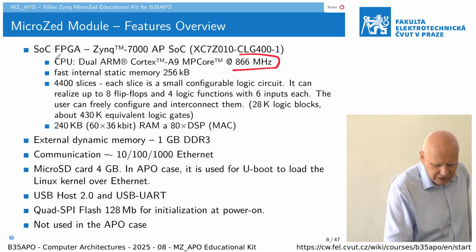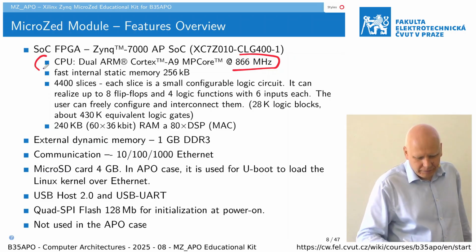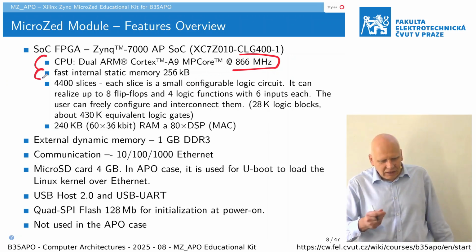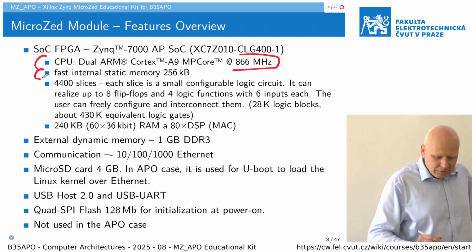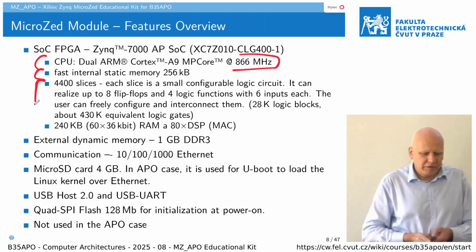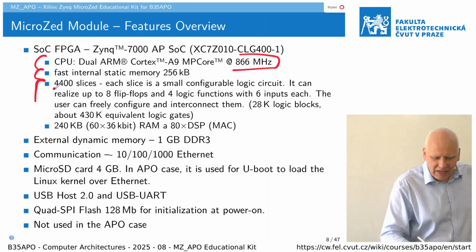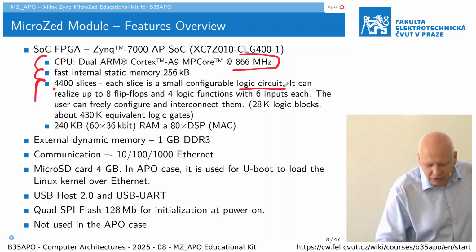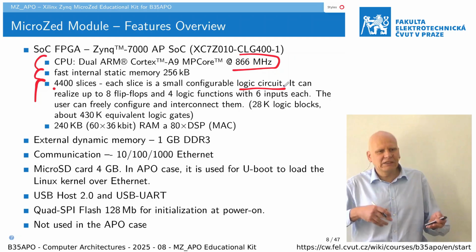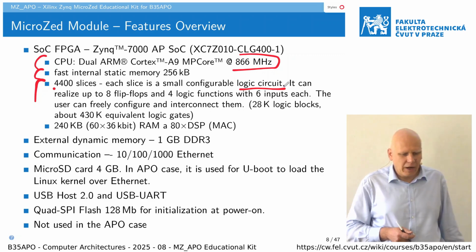The chip is based on the dual-core ARM Cortex-A9 processor. It has some small, fast static memory tightly coupled with the cores. And what is important, there is that programmable logic, which provides about 4,000 slices, where each of those slices is small configurable logic circuit. So basically, that circuits which you have seen, that gates and or some flip-flops and so on, which was at the start of our